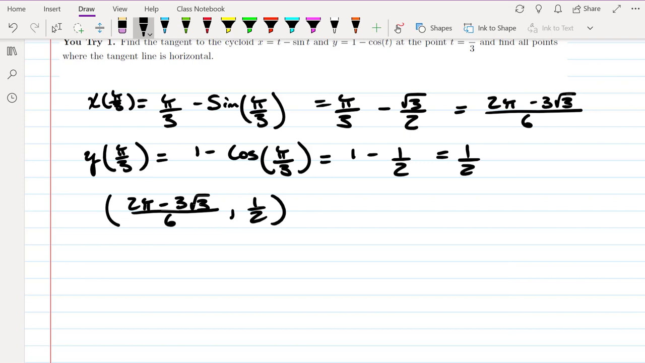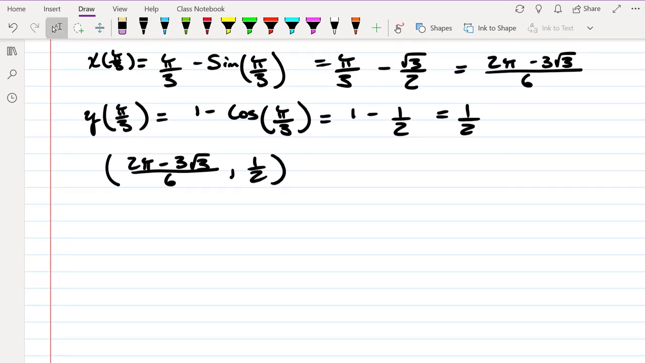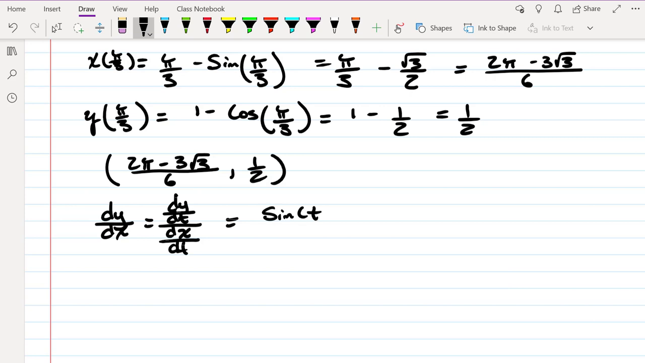So now we want to find the tangent to the cycloid at that point. So we need to know the derivative. dy/dx is going to be equal to dy/dt divided by dx/dt. So for dy/dt, the derivative of 1 is 0, and the derivative of negative cosine is positive sine t, divided by the derivative of t minus sine t: the derivative of t is 1, and the derivative of sine is cosine. And then we evaluate this at